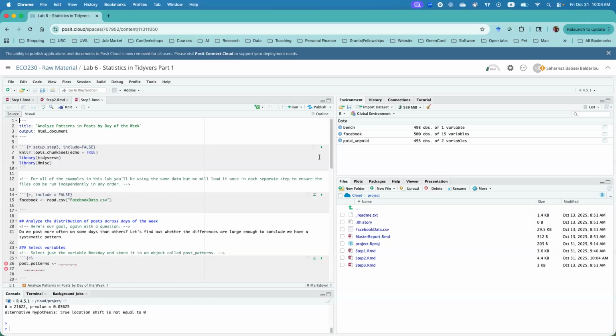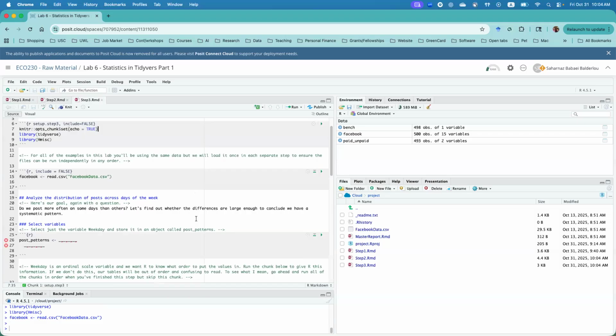So make sure to run this package loading part and dataset loading part. So here is our goal again with a question. Do we post more often on some days than others? This question motivates us to test the pattern. Let's find out whether the differences are large enough to conclude that we have